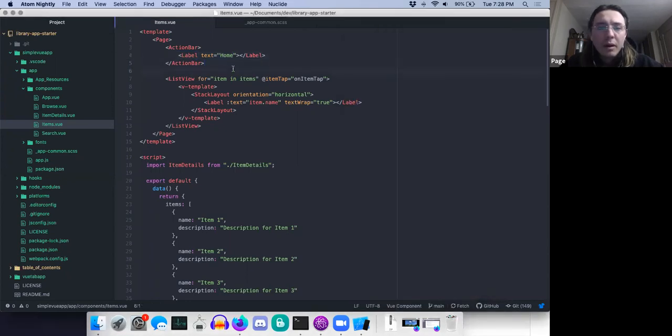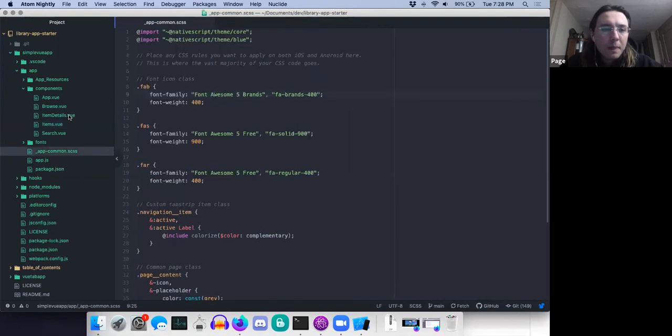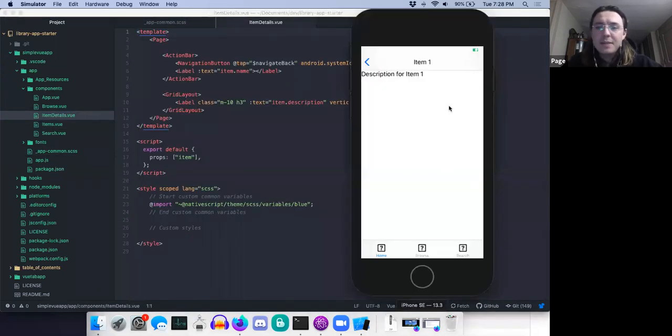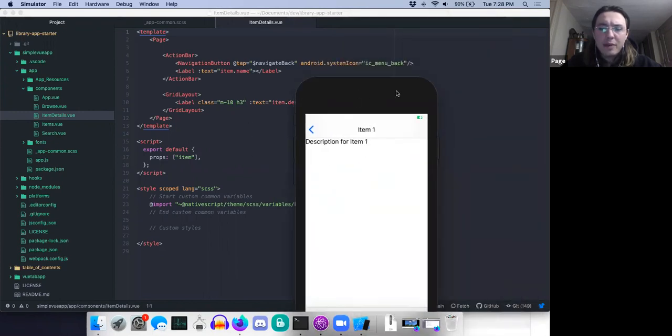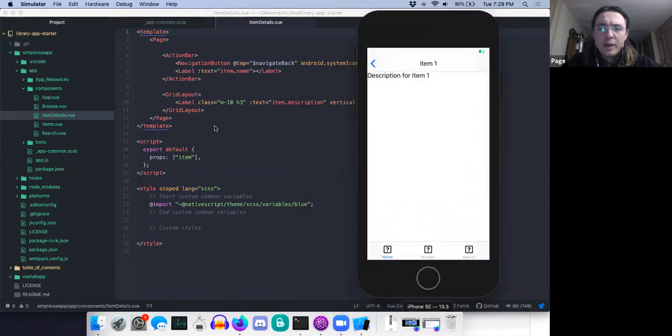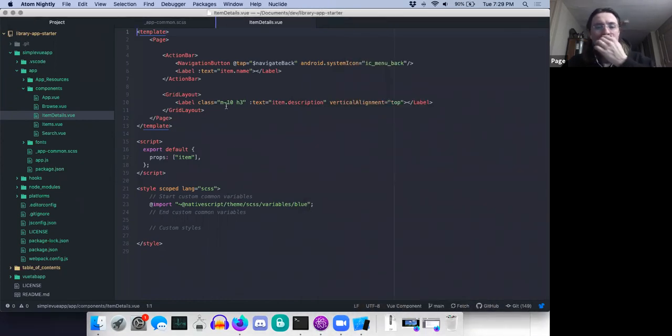So earlier, I'm going to go back to this item details. So item details describes the way everything looks in this view. So when we click on an individual item, if we want to modify the way that this looks in particular, we can work in this file. And so what I wanted to do basically is just add a style to affect the way that this label looks in particular. So I can just click here,